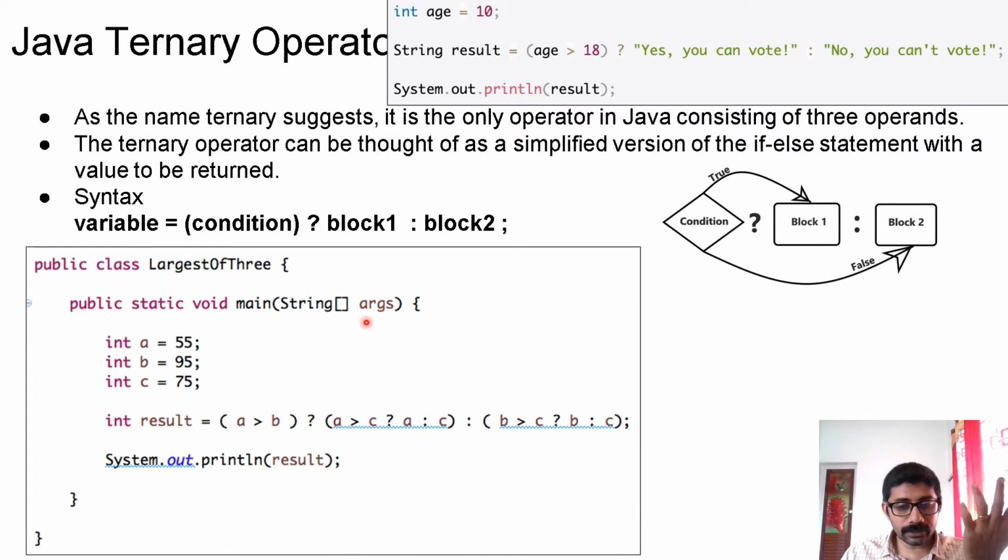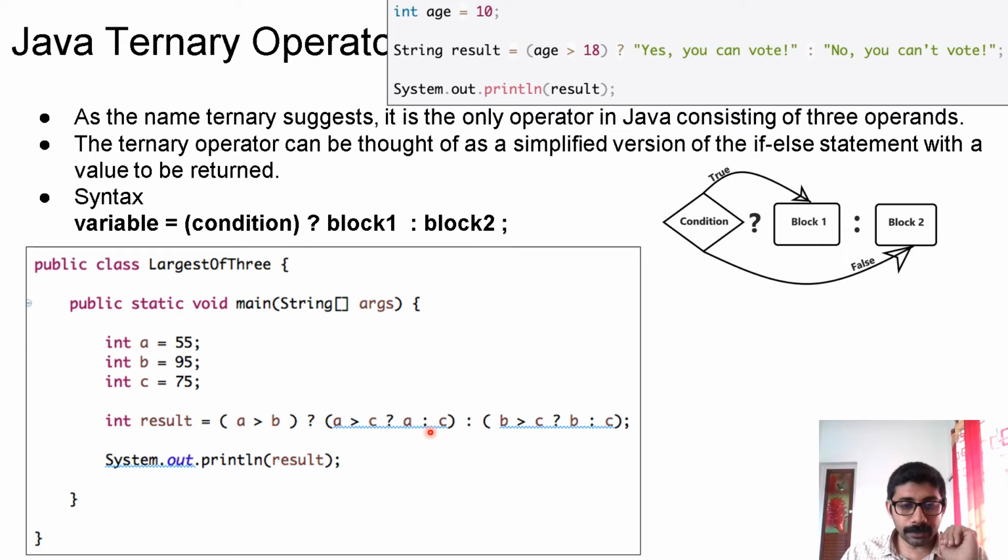So using this, you can model complicated logic also. See here, finding the largest of 3 numbers is implemented in a single line using the conditional operator. Result equal to a greater than b. First I am checking whether a is greater than b, question mark. If a is greater, then I have to check a with c.